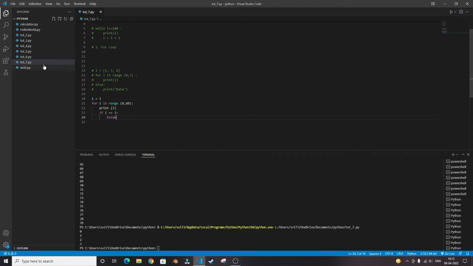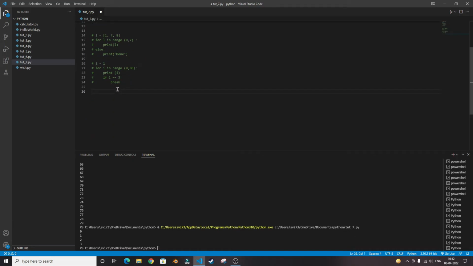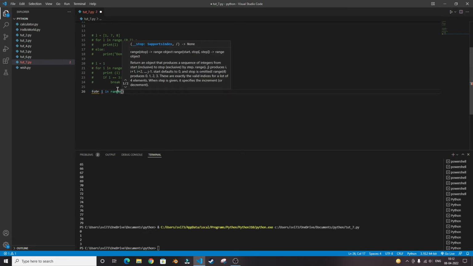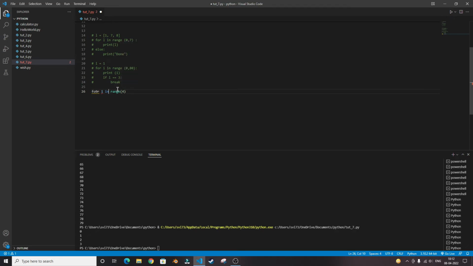For example, let's uncomment this, and then write: for I in range 4,